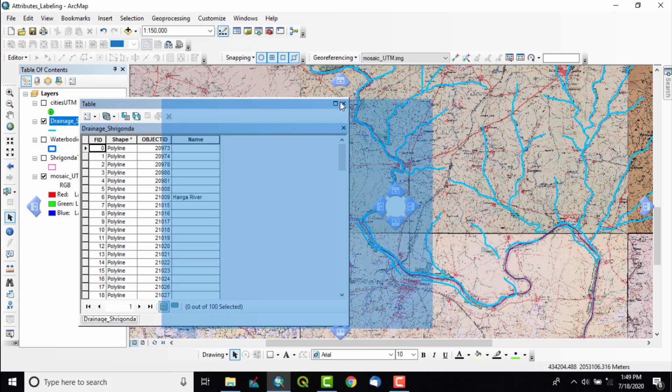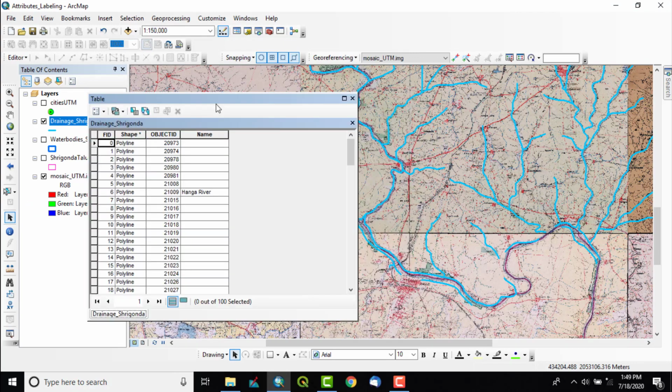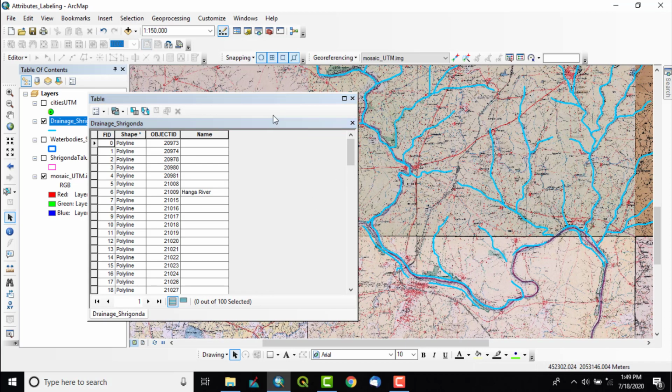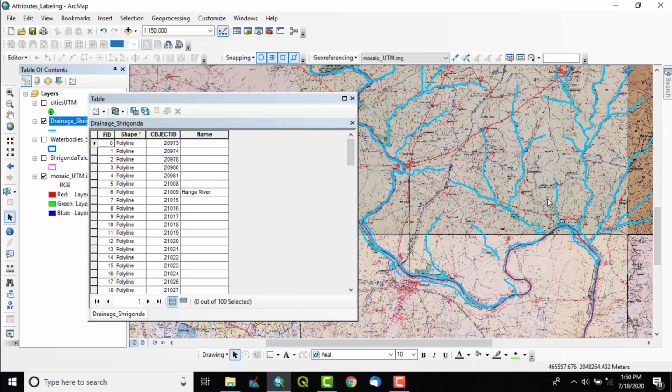Next, since it is a line feature, we can calculate the length of all the streams that have been digitized. Earlier it was a point layer, and a point layer cannot be measured for distance. So we can measure the length of the river, because the projection of both the topo sheet and our drainage shapefile is UTM, and when we digitize with UTM projection, we can easily calculate the accurate distance or length.